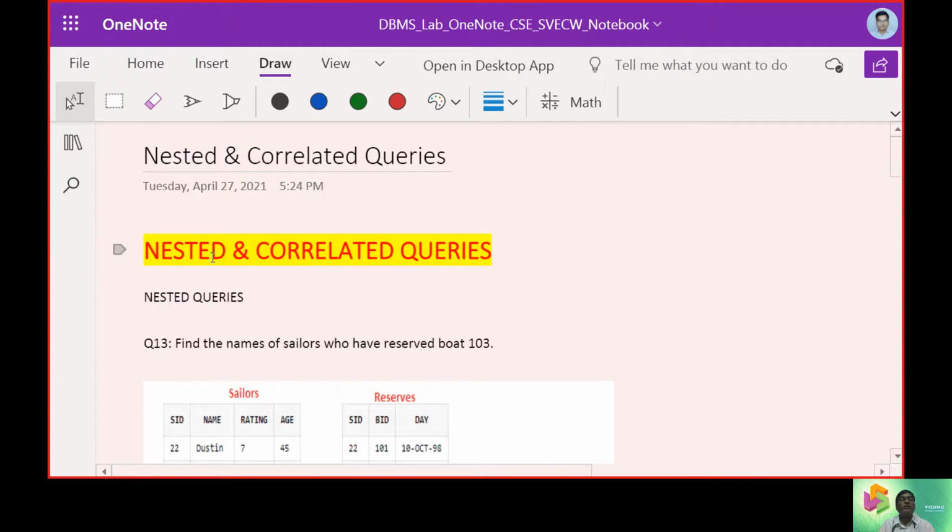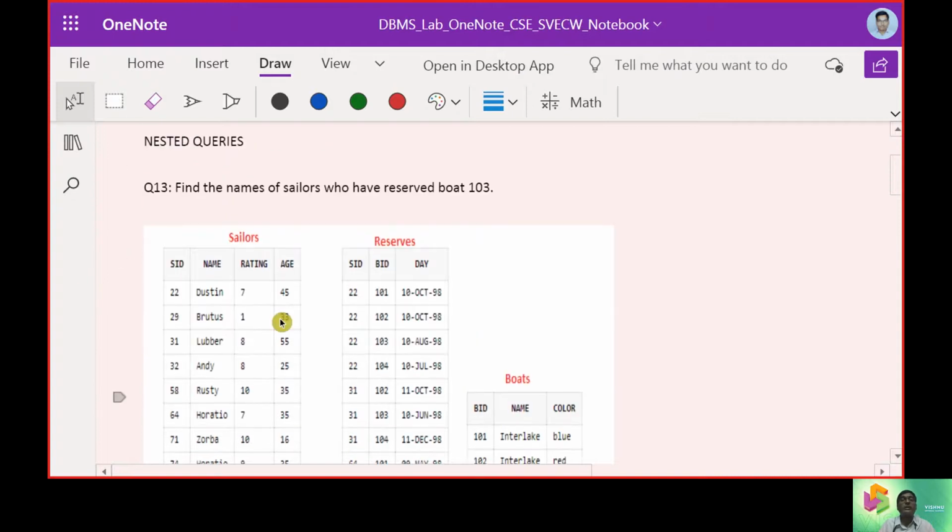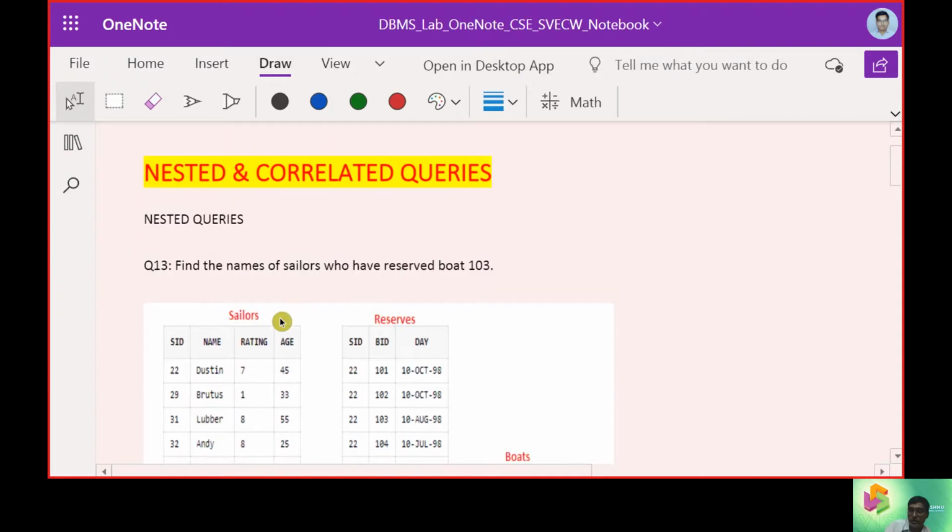When we are yet to start the nested query, the definition of the nested query itself says: a query inside another query.